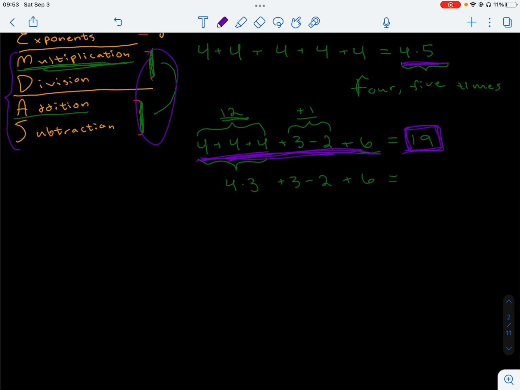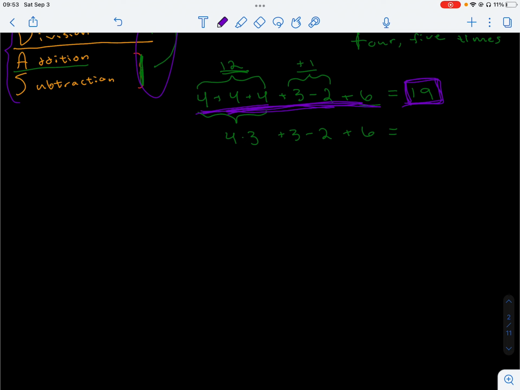However, what if it's the same priority? Well, hopefully you're going to see where I'm going with this. Maybe we can do it in whatever order we want. Well, if that was the case, actually, I'm going to bring this back. Then it should be the case that I'm allowed to do the addition first here, because it's same priority, and then I'm allowed to do the